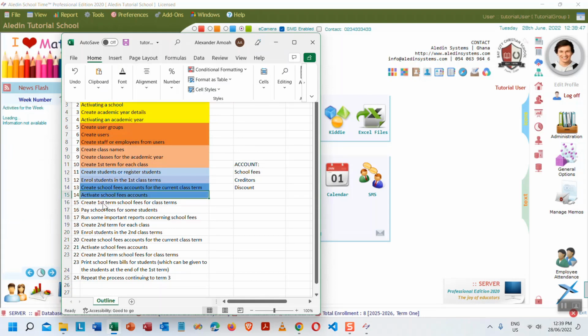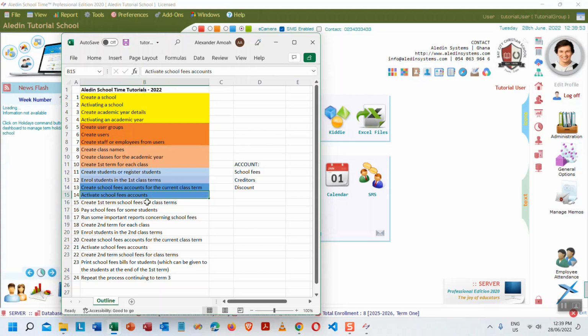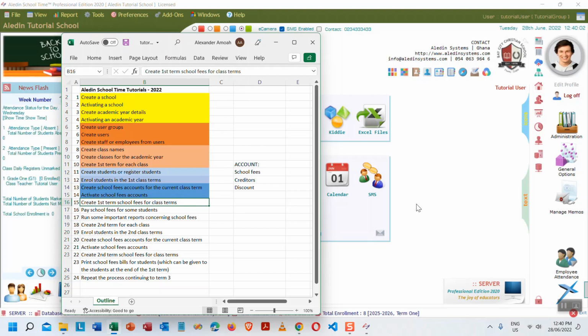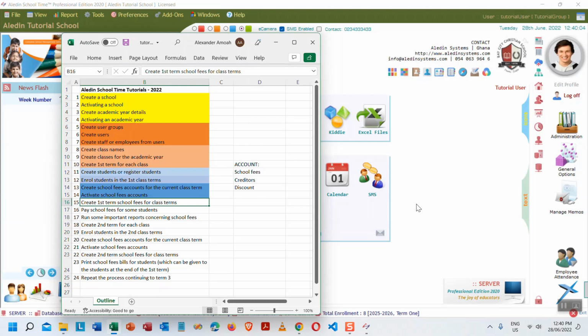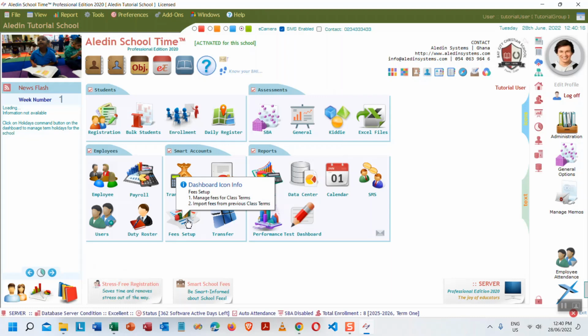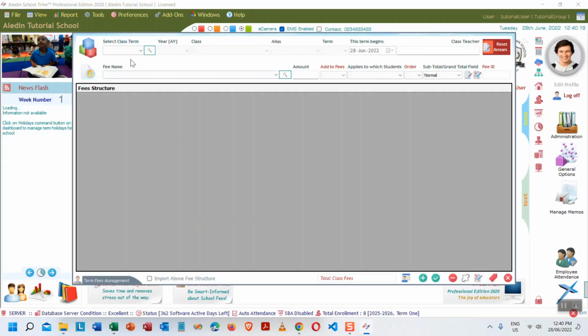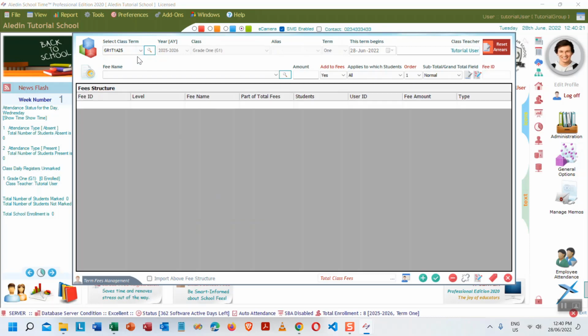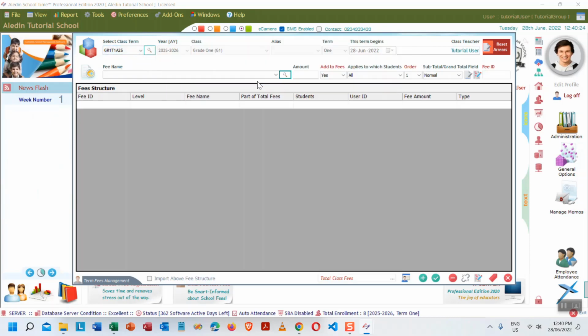Then we move on to the 15. The 15 says create first term school fees for class term. So we are going to create school fees for the first term in grade 1. Okay, yeah, so have you seen total enrollment is 8 now? Okay, so we go to fee setup. Okay, go to fee setup, and then we select the class. You know, you can also browse for it like that. See, all right, and then